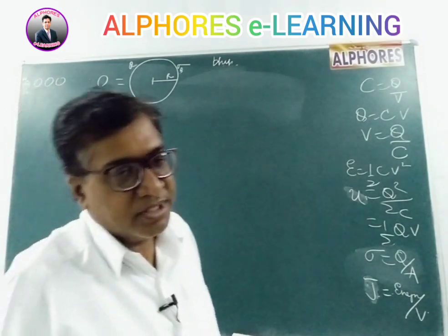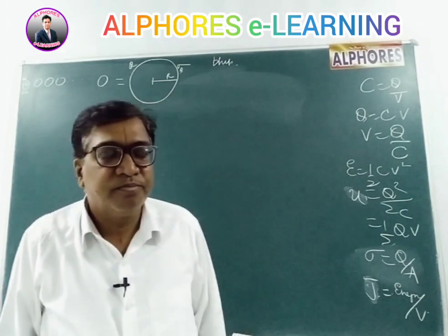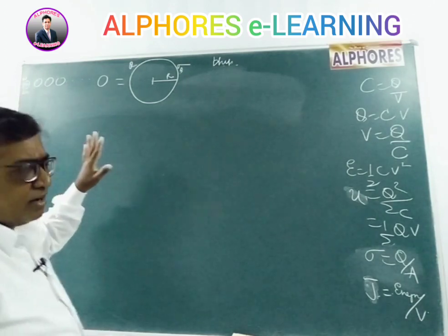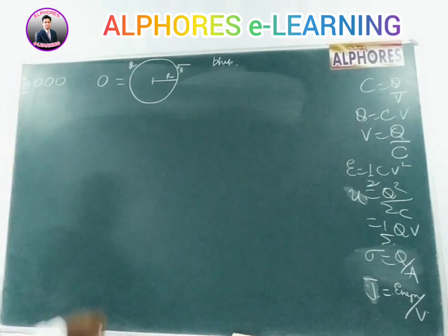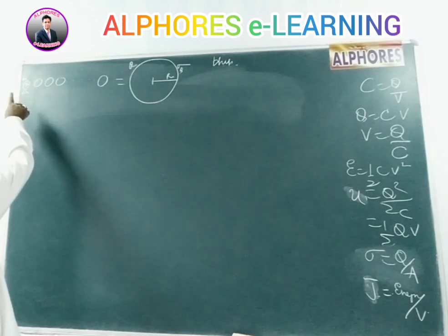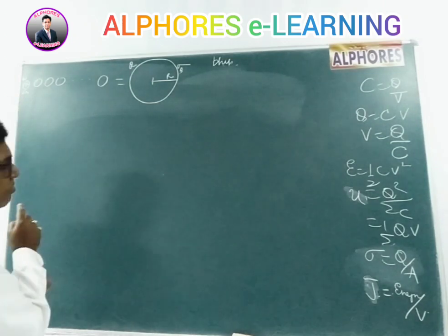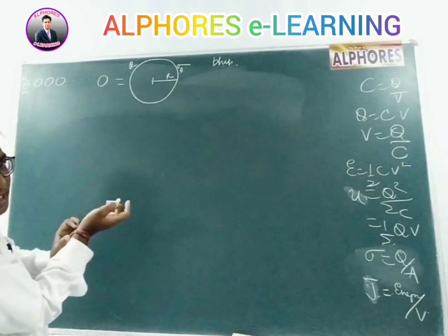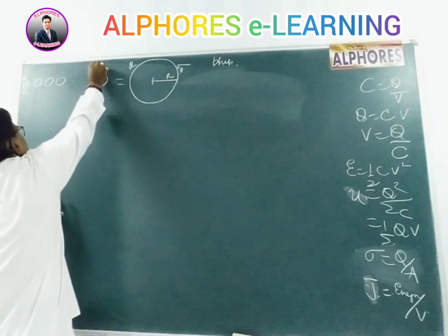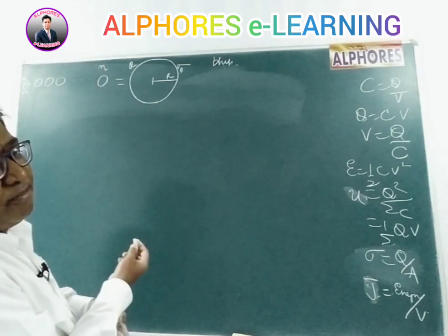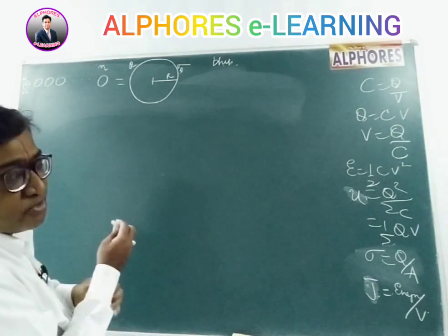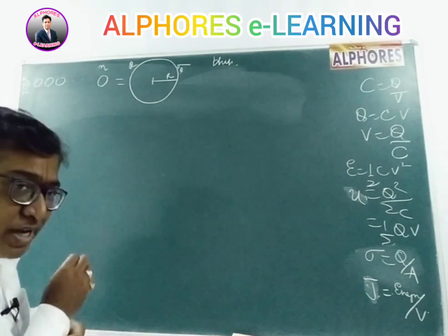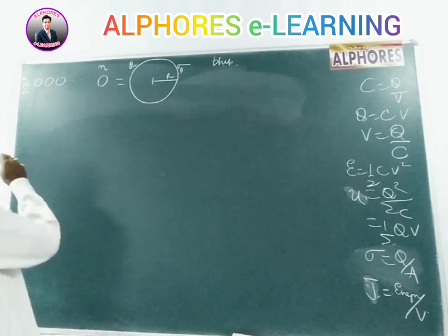First, let us talk about charge. Before combining, let's suppose that the liquid drops have not been combined yet. So each liquid drop has a charge small q. Each one has a small charge small q, and there are n such drops. Therefore, what is the total charge possessed by all the n drops together before combining?